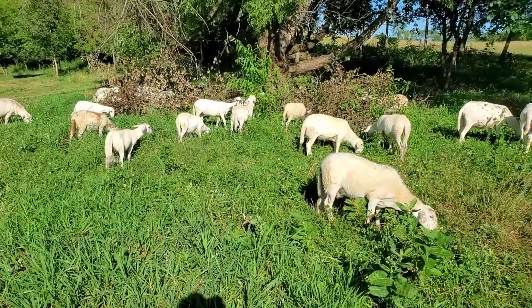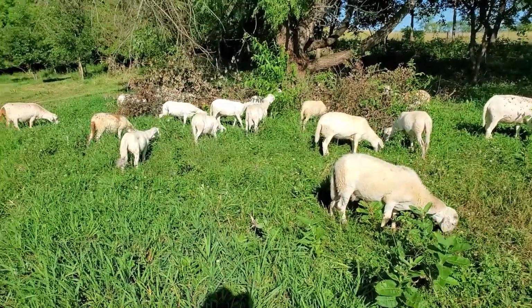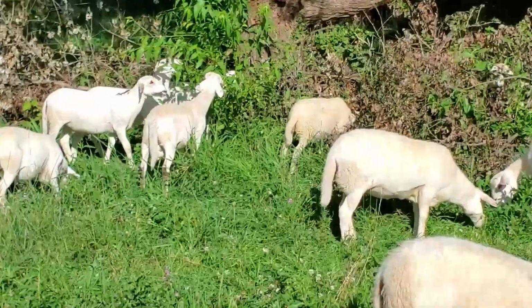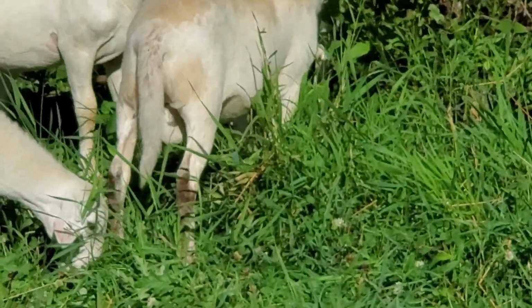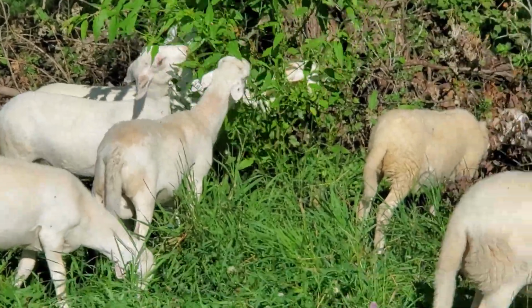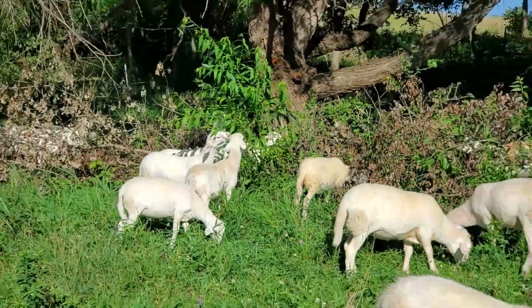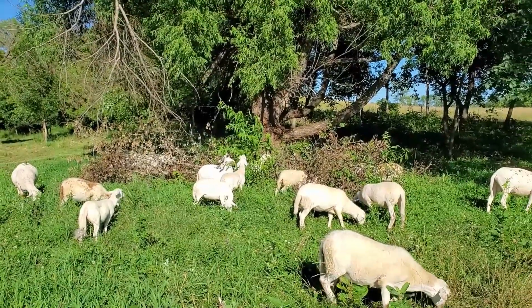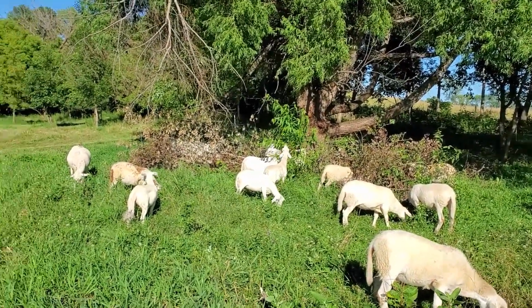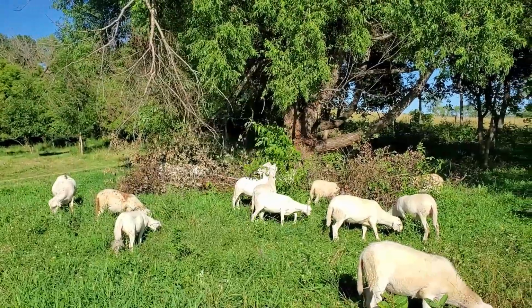Oh, real quick, I'm going to show you. This is that one ram lamb we caught and castrated, and it's starting to pinch off and dry up. But you can see he's no worse for wear. He's having the time of his life, even though he was pretty sulky that first day when we castrated him. But this time, for real, let's have a good evening. This is